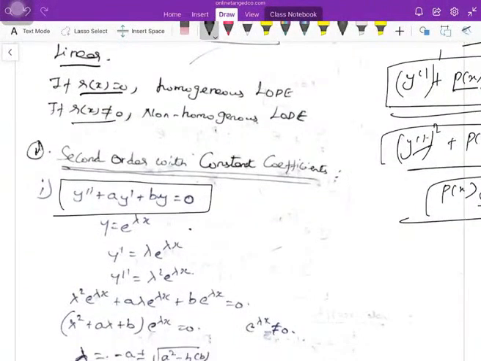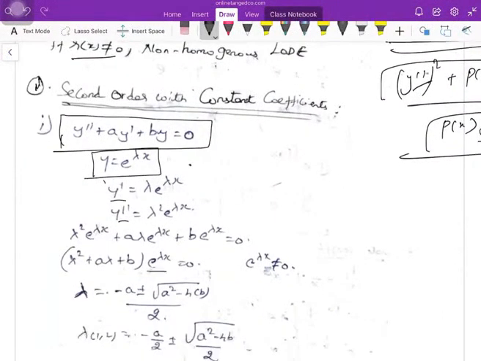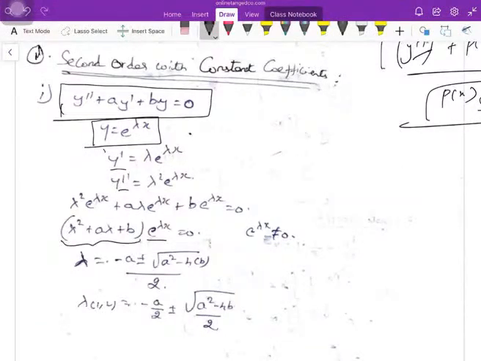If your form is something like this, let me assume a solution y is equal to e power lambda x. If we assume a solution as e power lambda x, find y dash and y double dash and resubstitute in the equation. Since y is e power lambda x, y dash is lambda e power lambda x, and y double dash is lambda square e power lambda x. We resubstitute in the equation and take the common factor out. We can see that this is our characteristic equation, equivalent to the differential equation. So y double dash plus a y dash plus b y becomes lambda square plus